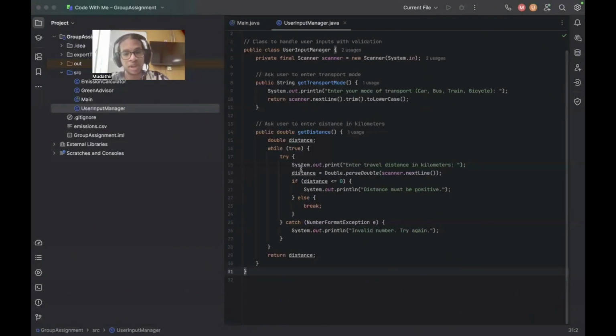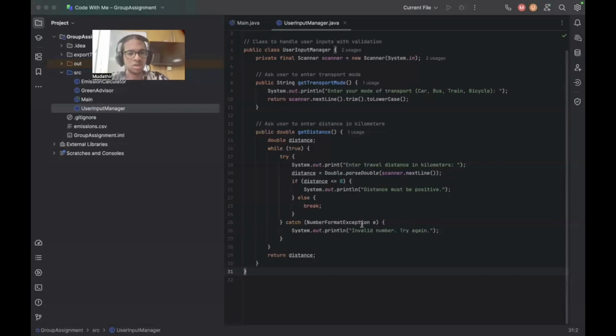And if the user writes a negative number, it will show distance must be positive and will try again until it's valid. If the input can't be parsed to a number, the NumberFormatException is caught and an error